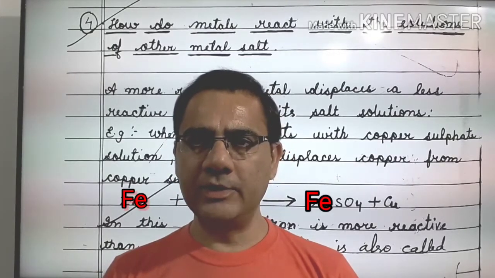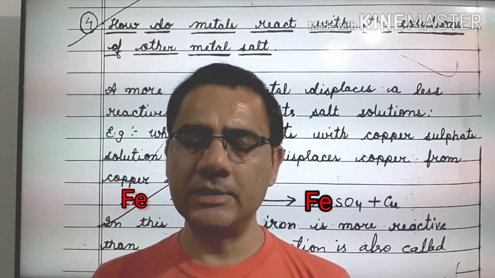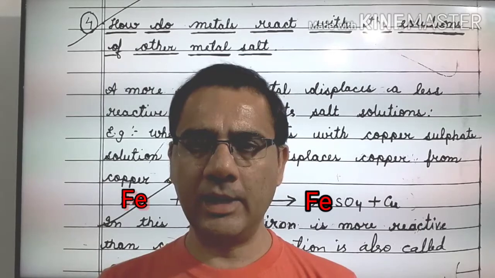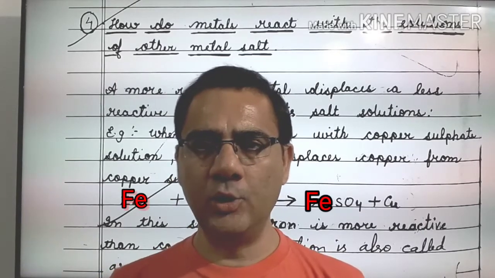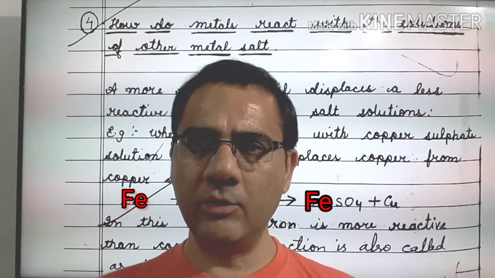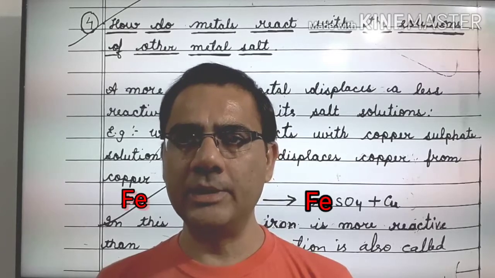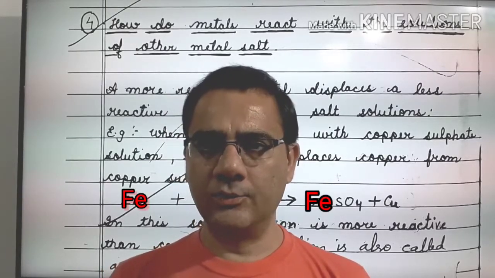According to the reactivity series, a metal at the top of the reactivity series can displace another element at the lower side of the series. It means a more reactive metal can displace a less reactive metal from its salt solution. So for example,